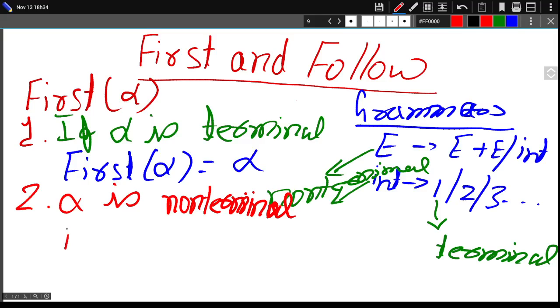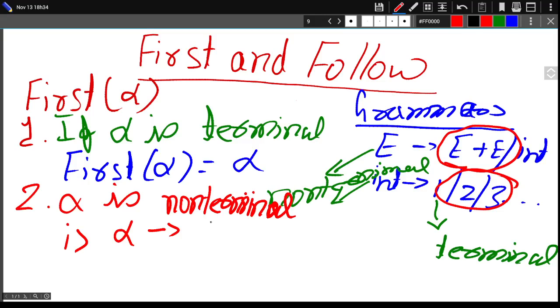First is, suppose this our variable alpha, this non-terminal, if at all it is non-terminal, then it will derive something, right? It may derive some non-terminal, or it may derive some terminal. So if alpha is deriving something,